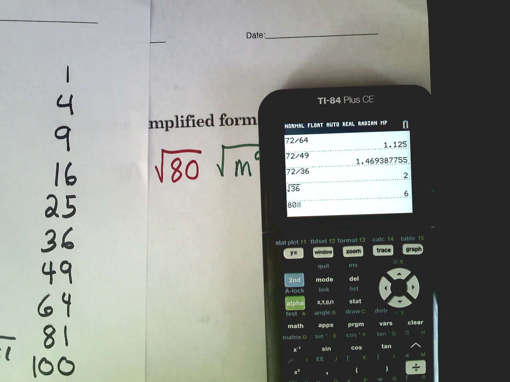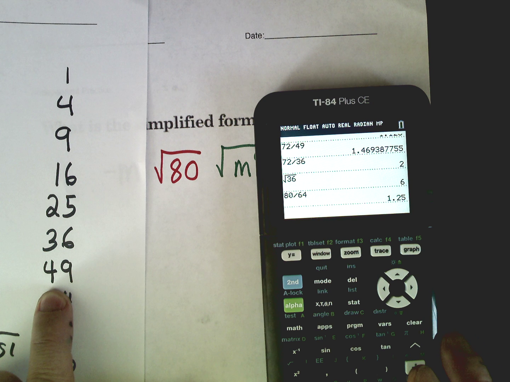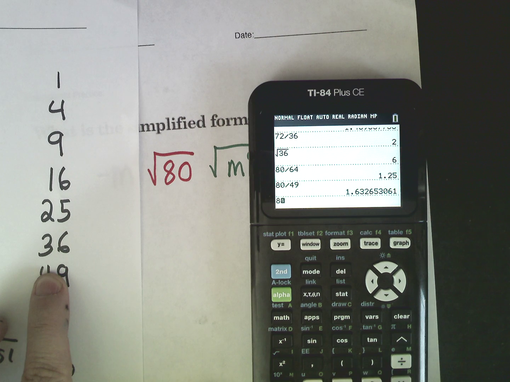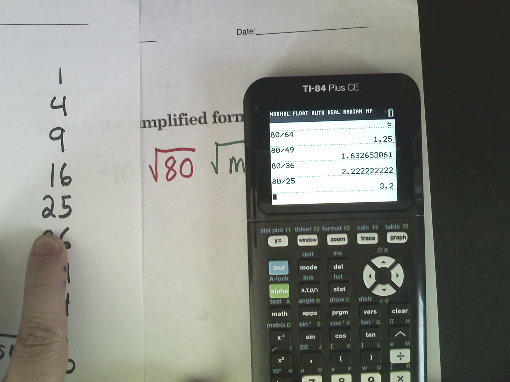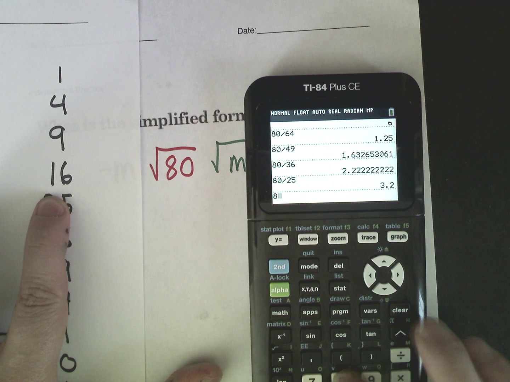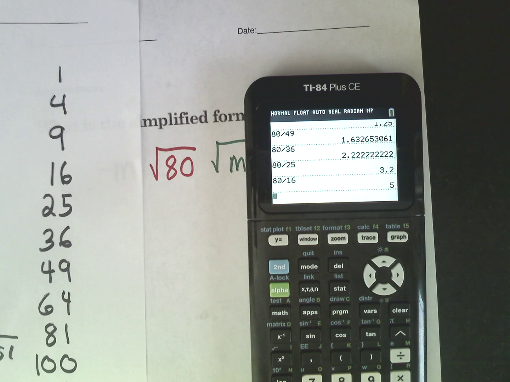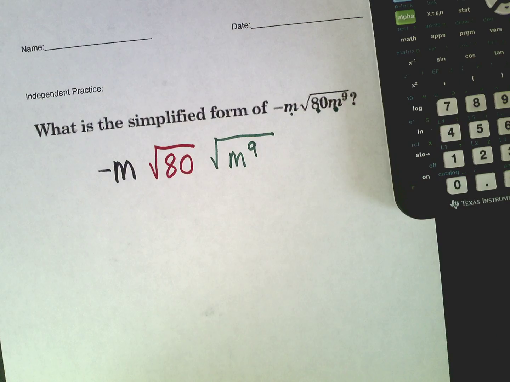80 divided by, well, 81's bigger, so next one is 64. 80 divided by 64. Nope. Next one, 80 divided by 49. Decimal, nope. 80 divided by 36. Decimal, nope. 80 divided by 25, nope. 80 divided by 16. There's our answer. 16 and 5. So 80, so let's bring down the m,